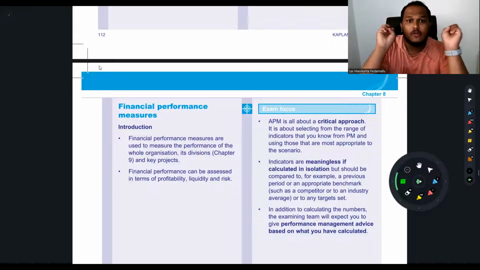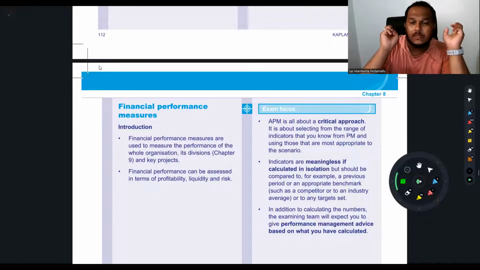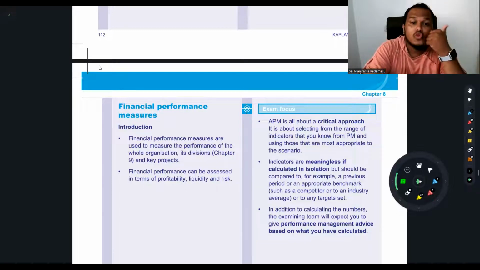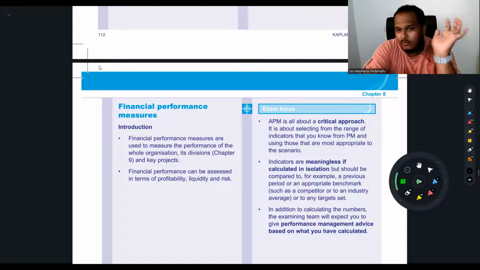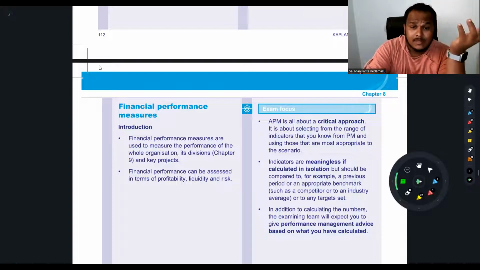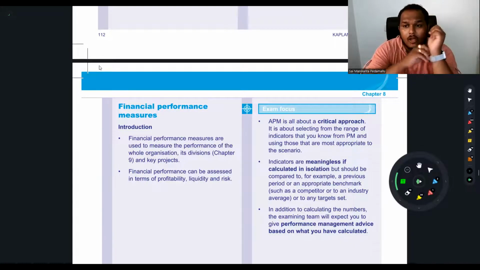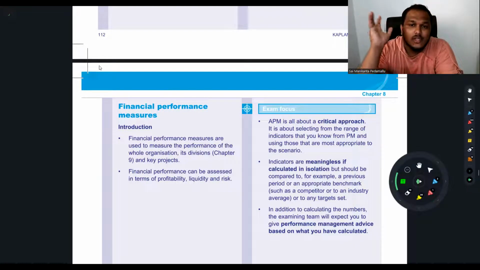Now you might say, sir, LIFO is not approved, it is not accepted in IFRS. But if you go and look at US GAAP, LIFO is absolutely allowed. There is no problem at all. IFRS does not allow LIFO, I truly agree to that. But there are some countries where LIFO is accepted. So if they switch from FIFO to LIFO due to inflationary conditions,